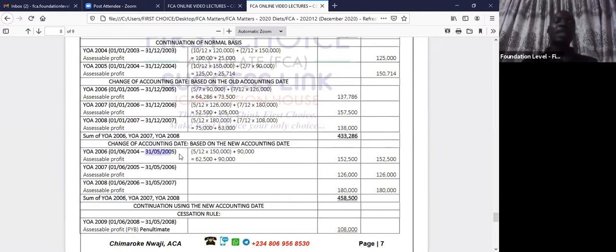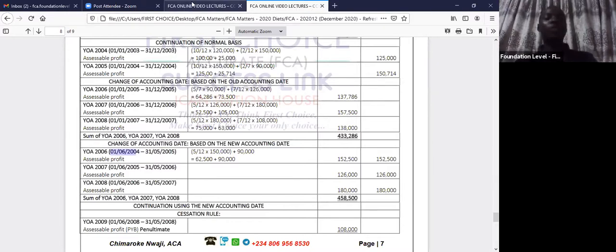So if you are standing at the end of May 31st, 2005, you want to get the beginning, simply ask yourself, what is tomorrow's date? If today is May 31st, tomorrow's date is June 1. So I'm saying June 1, 2004. So that's the easiest way to look at it.